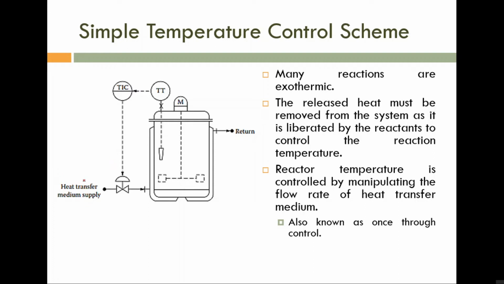So here we are using a heat transfer medium, and we are passing the heat transfer medium through this shell. This outside part, this column, is nothing but the shell. This inner rectangular part is actually the reactor, and the outer one is the shell. So through the shell, a heat transfer medium, that is the coolant, is passing, and this output side is known as return.